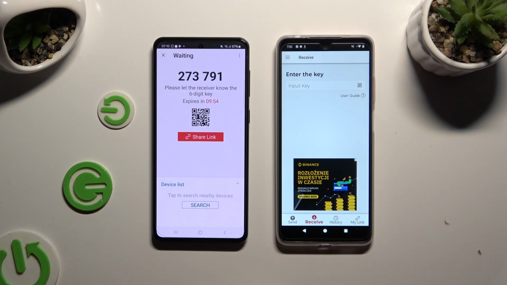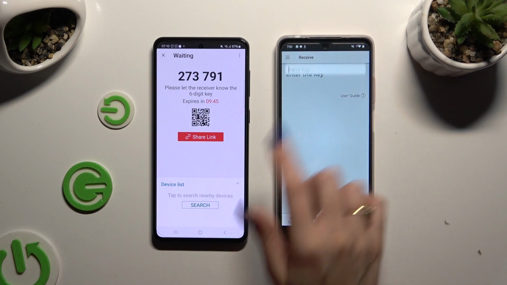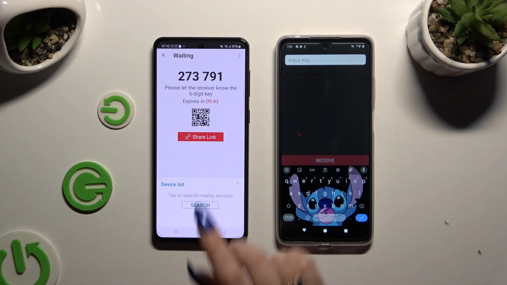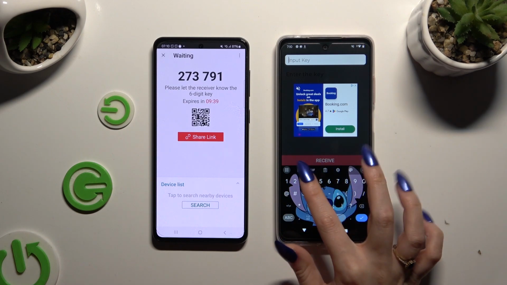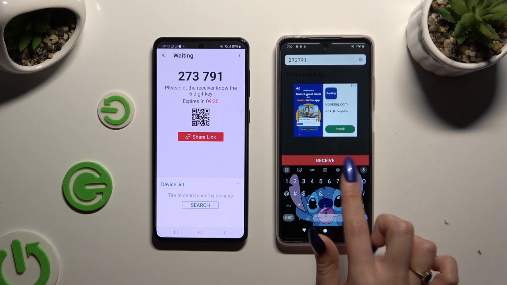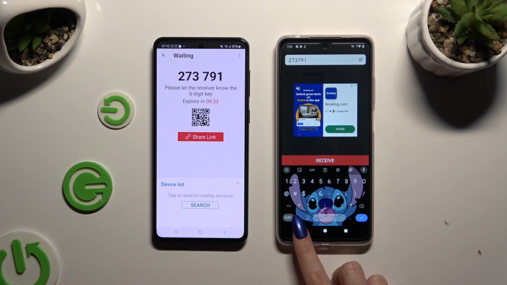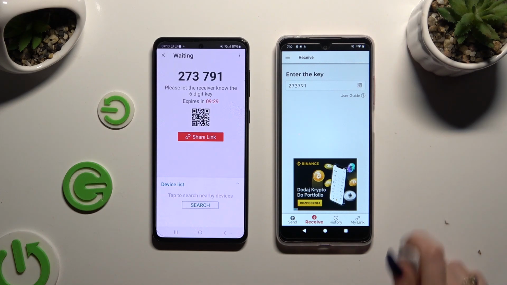Now it's time to decide which connection way you want to use. If you want to connect by inputting this key, click on Input Key section, type in all of those numbers in correct order, and hit Receive. If you want to scan this QR code instead, tap on the scanning icon above User Guide,